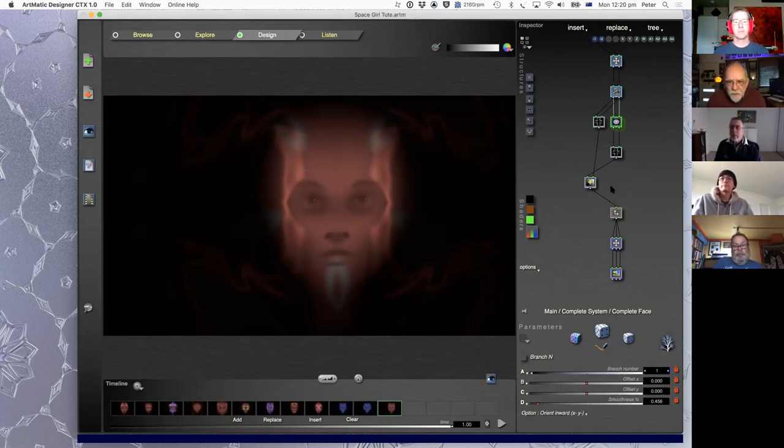But everything else is bilaterally symmetrical, and that's all being taken charge of by this component here, which is basically going mirror on 1 axis. And if we look into it, you can see the branch number here is 1, which just means flip it that way once. So that's a really good thing to